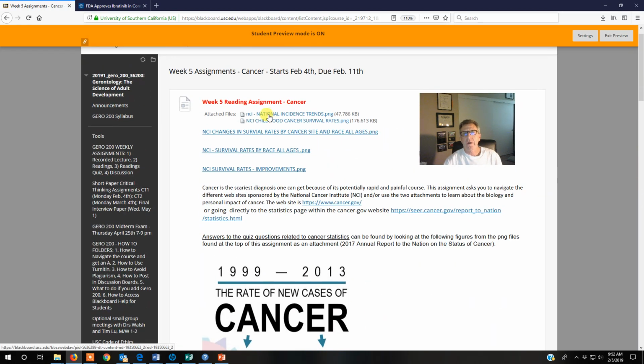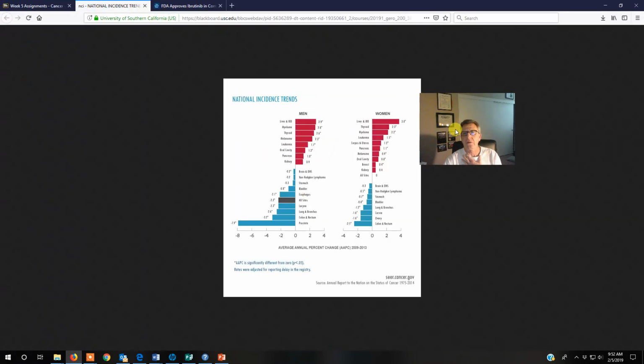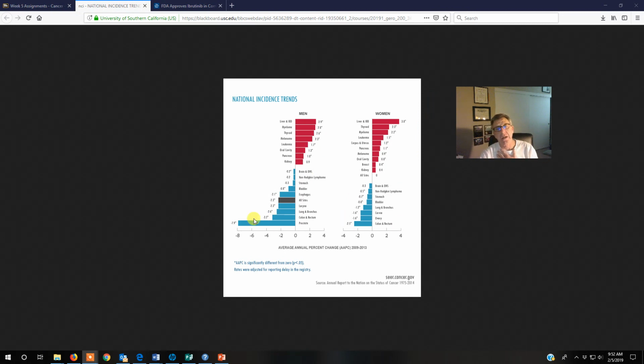We then want you to go here and look through the different trends. The way these images work is you can just look at the questions and study the trends based on the graphs, okay? These are 5-year survival rates. Looking at incidence trends, that means the increase in cancer over this particular era of 2009 to 2013. And you see we've made major headway into things like prostate cancer, because I can now take a PSA test and take drugs that will keep me from getting cancer before it even happens, okay?